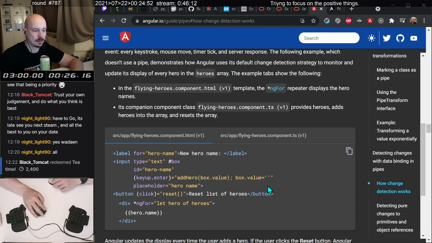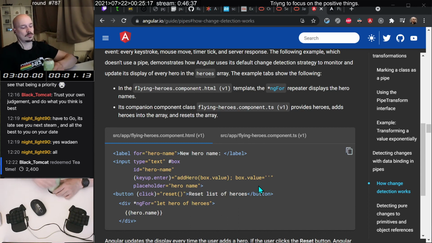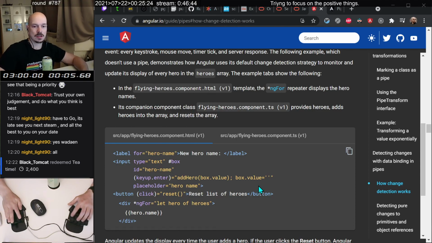This is the default thingy. Oh, I see. So this will be executed, and after that, this will be executed. Nice. Nice. Placeholder is hero name. Okay, well that's that. So I'll stop the